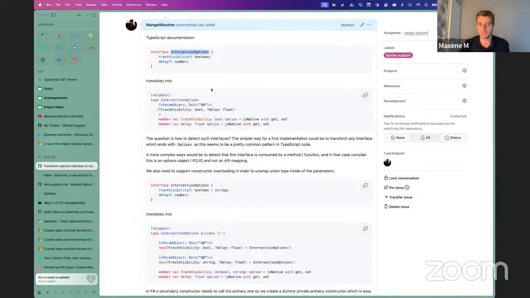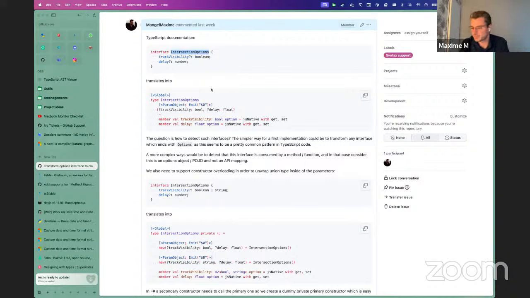And this works as long as your type definition is inside of the same package, because if it's in another binding or npm package, then you don't have access to the information yet, unless we do what we said just earlier, which is discovering all the package dependencies that you have and work on all the npm packages at once to discover every usage of the type, for example, across the npm packages. So yeah, it's not only better, but it also allows us to support a different use case, which is then better. But yeah,